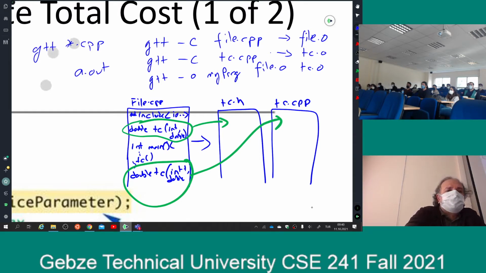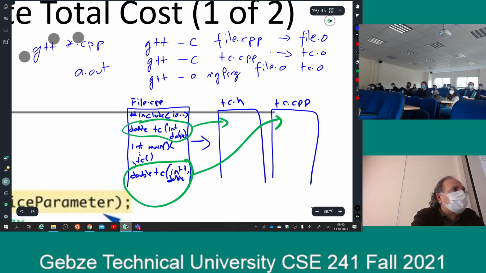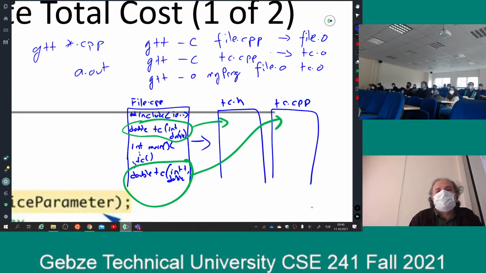But usually we don't prefer it this way, because for large projects, let's say you have 20 people working on this large project, and there are hundreds of C++ files in it. Suppose one of the developers made a change in his file out of these hundreds. You don't want to compile everything. You'd like to compile only that file and link it to run your program. So if you do this, that's not a good thing, right? I mean, you're compiling everything. So compiling it one by one is a better idea,